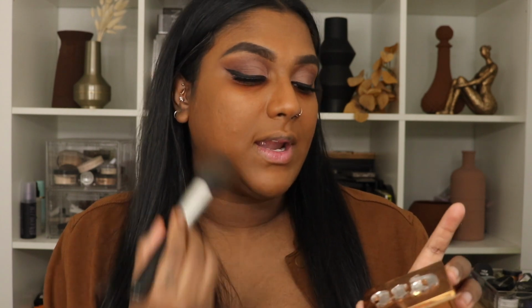This is in the shade 70 WO, and this will kind of bring down that super warm tone to it, make it look a little bit more like my skin tone, and really set the powder in place as well. You don't have to set this in place, especially if you want it to remain looking glowy, but you can obviously use like a